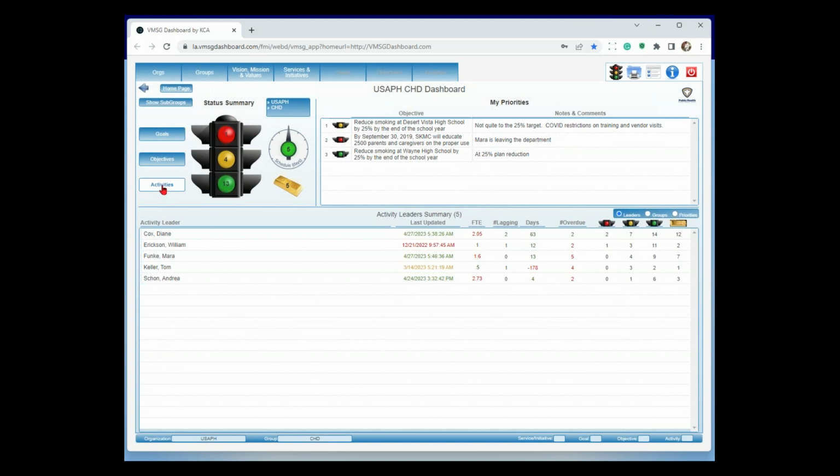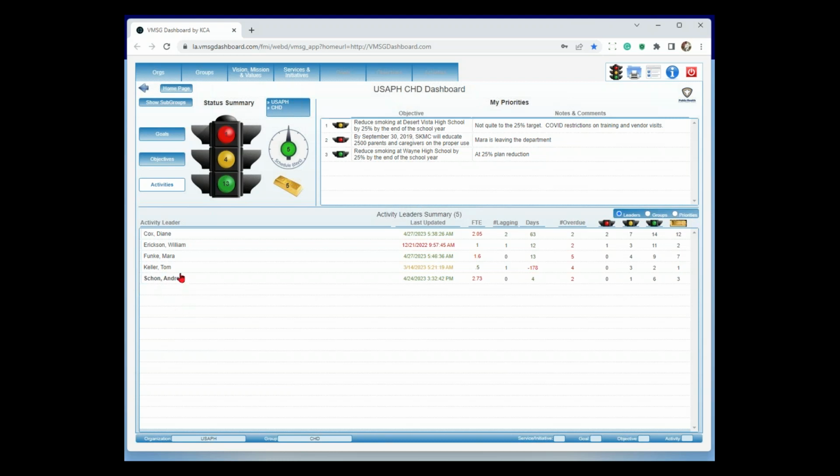Over here, I can choose whether I want to look at the activity level, the objective level, or the goal level in the pyramid. This schedule gauge is showing me aggregately for community health, we're 5 days ahead of schedule in our performance, which is great, right? If I get down below schedule, it's yellow. If I get 60 days below schedule, it turns red. So this is the first place to look. Down here at the bottom, I can drill down on 3 different things.